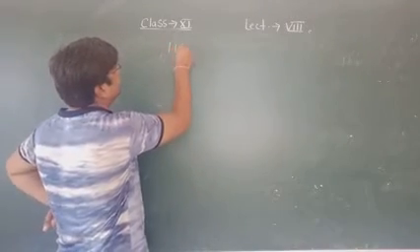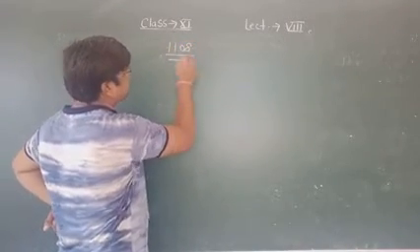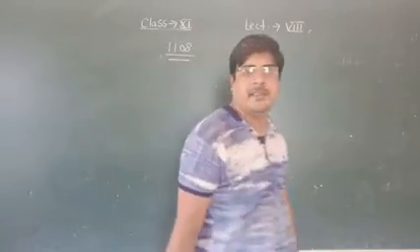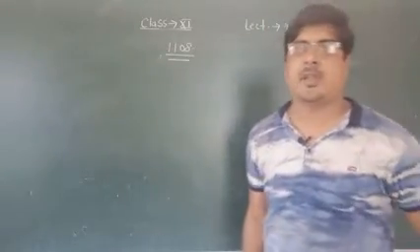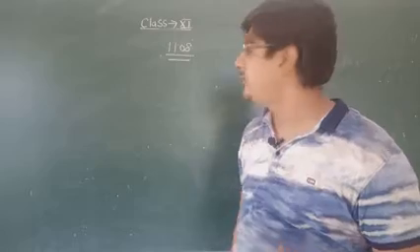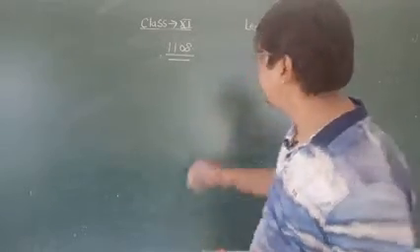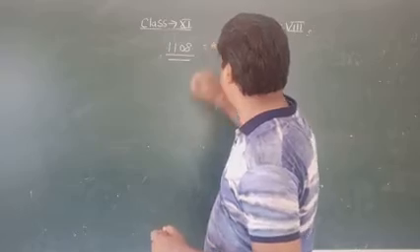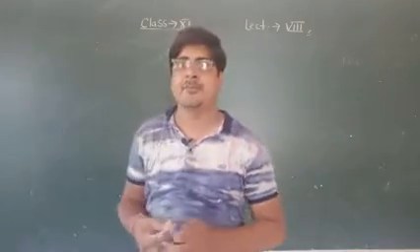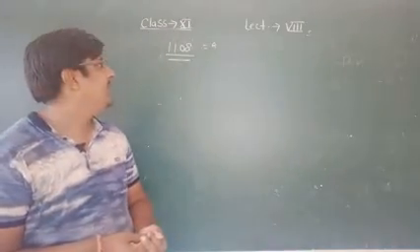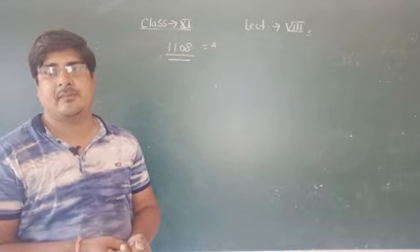One 10^8. Here the significant number is 4. I am giving you the question: convert it into 3 significant figures. Here the significant figure you know very well. Here the significant figure is 4. Convert it into the 3 significant figures.